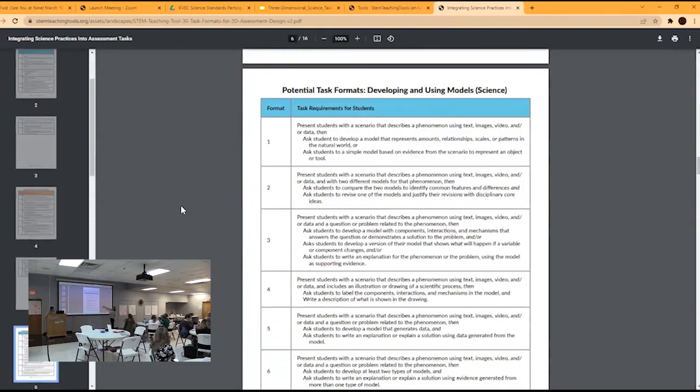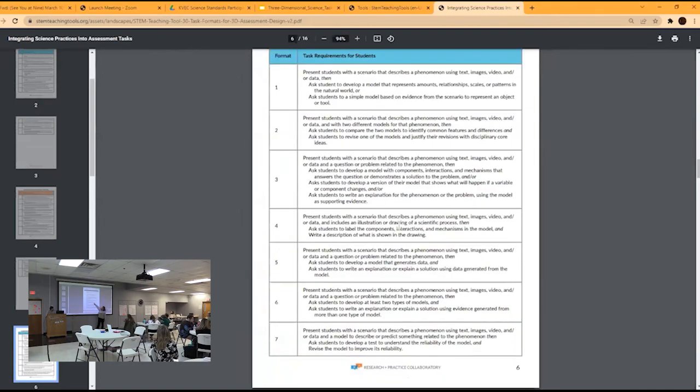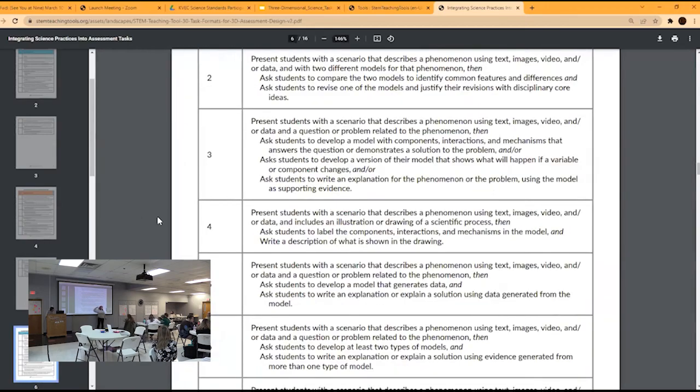What you can do is, there's a section for each practice. And it gives you a way to write questions, like it gives you a scenario or tells you what you can do, and then how you could ask the question that will meet the intent of that particular practice.